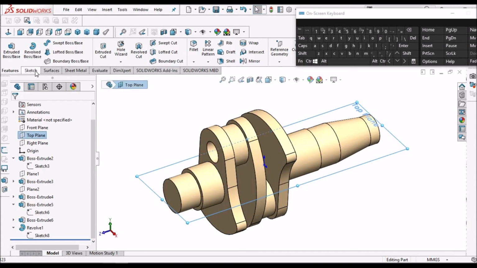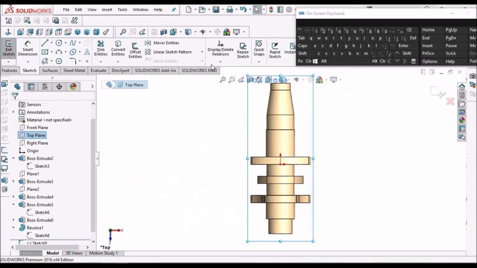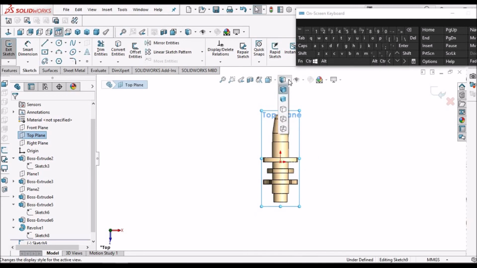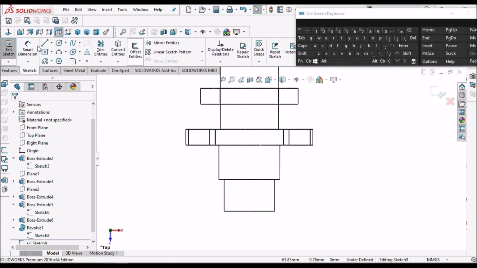Select plane, go to sketch, keep it normal. Select this edge and convert entity.